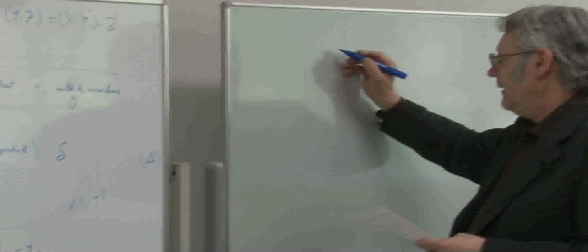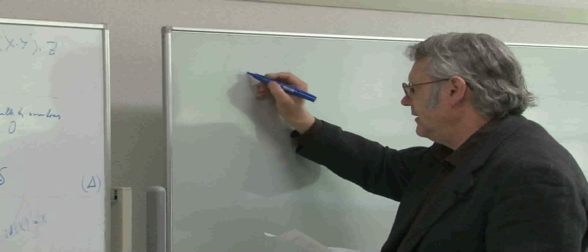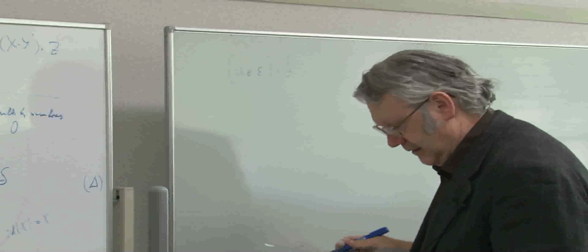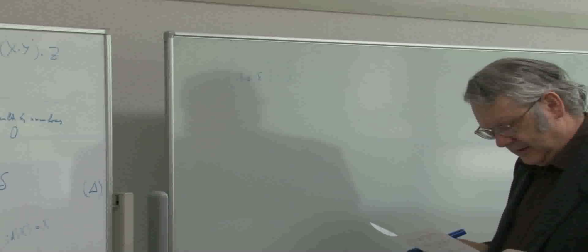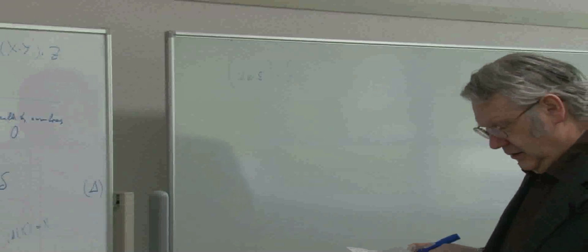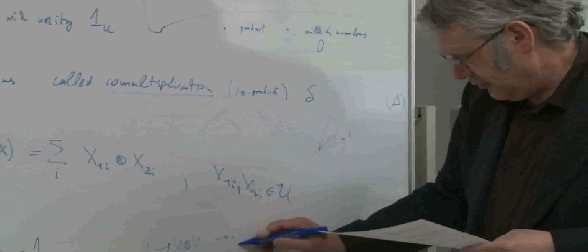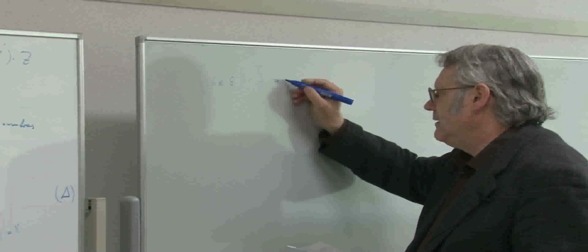So I go again to u times u, but then on the first factor I put the identity, and on the second factor I put the epsilon, which means that I'm going back to u. I'm going back to u, and then I require that this is the